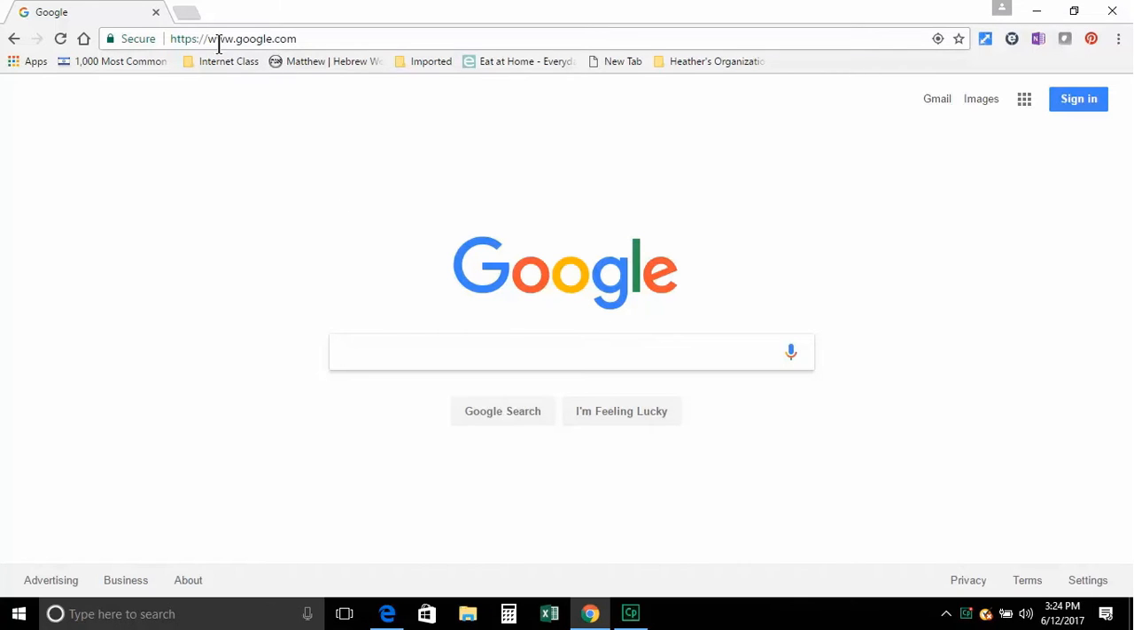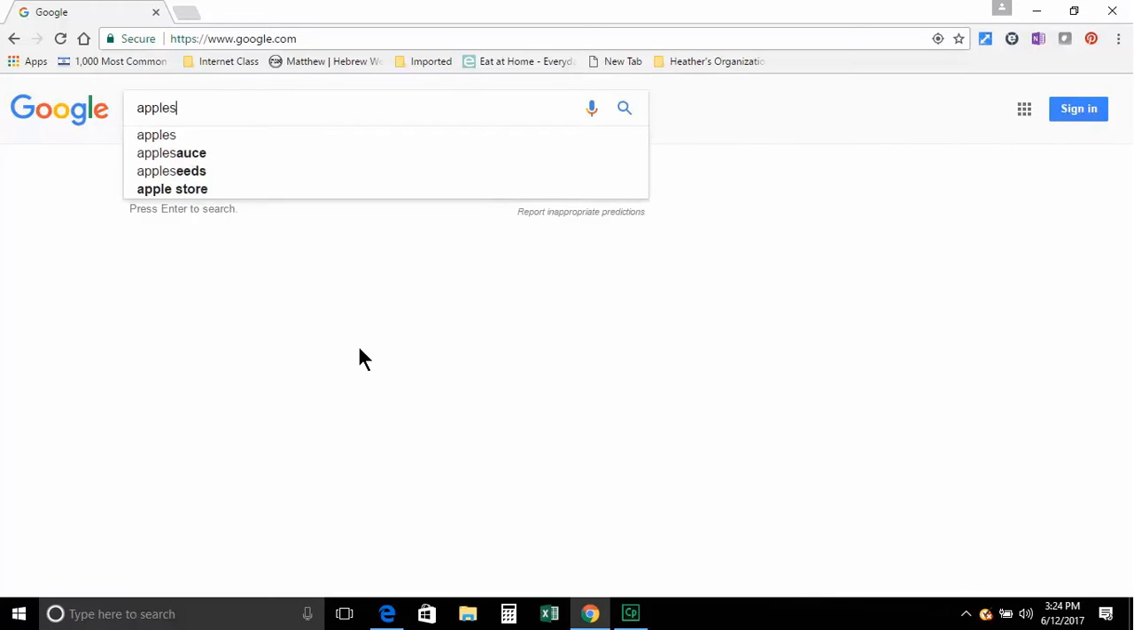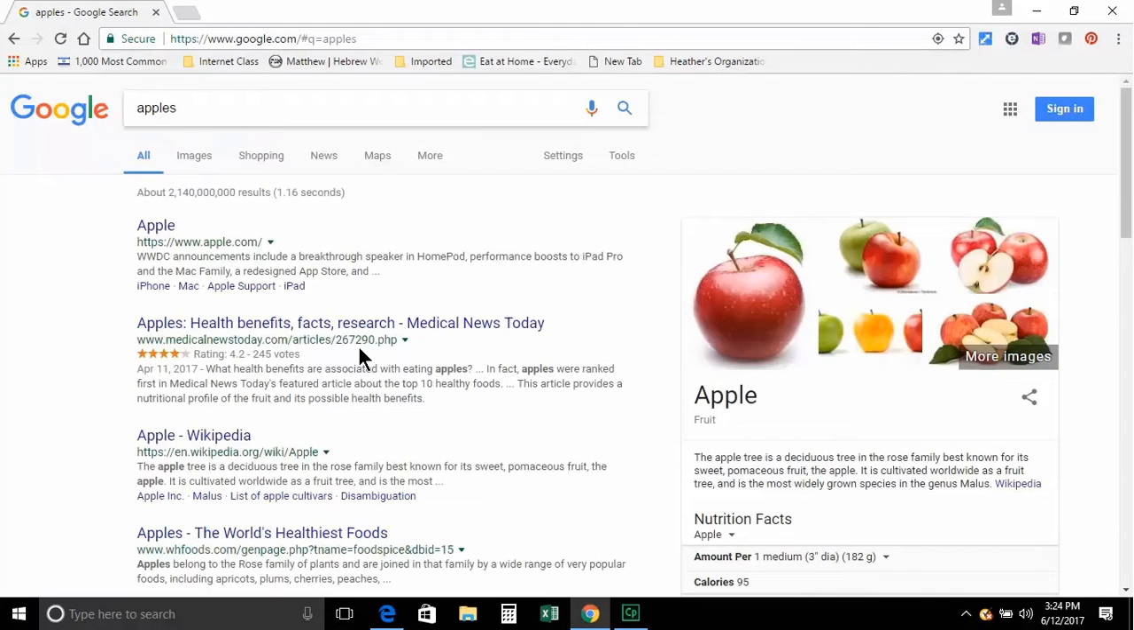So we went to www.google.com. I'm using the Chrome browser, which is their browser, although what I'm going to show you works pretty much on any browser. And I am going to do a very broad search on purpose. And we're just going to type in here apples. And when I type in apples, I'm going to get a search result of